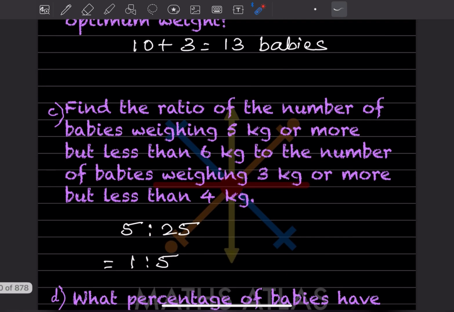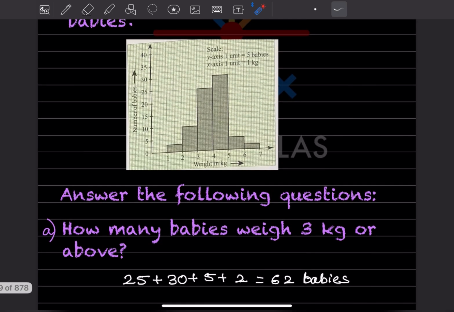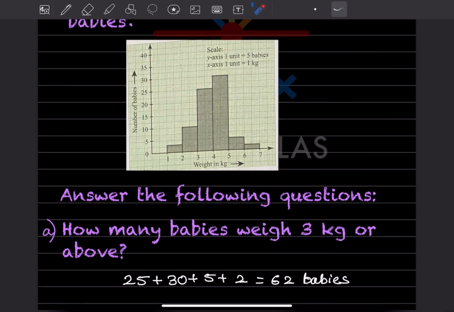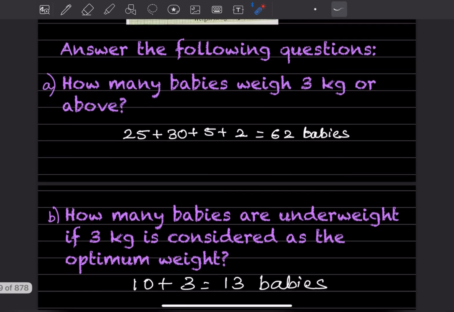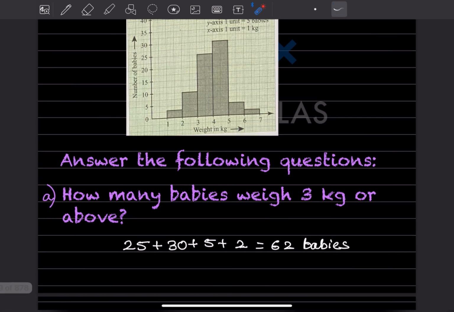So here will be 5 kg. Here 1, 2, 3, 4. This will be 5 kg. This is in between 4 and 5. So 5 kg or more. So this is going to be,